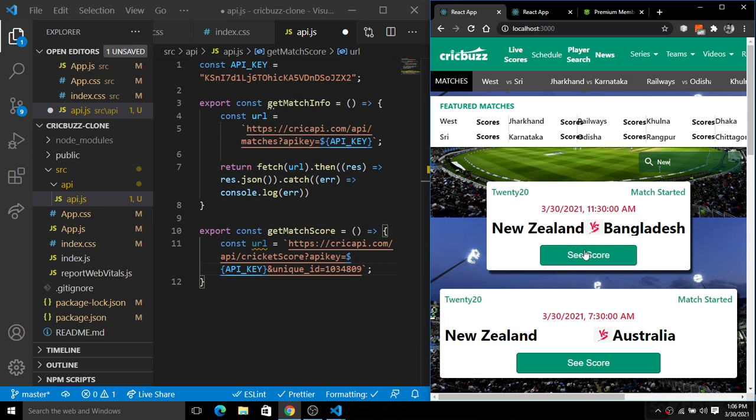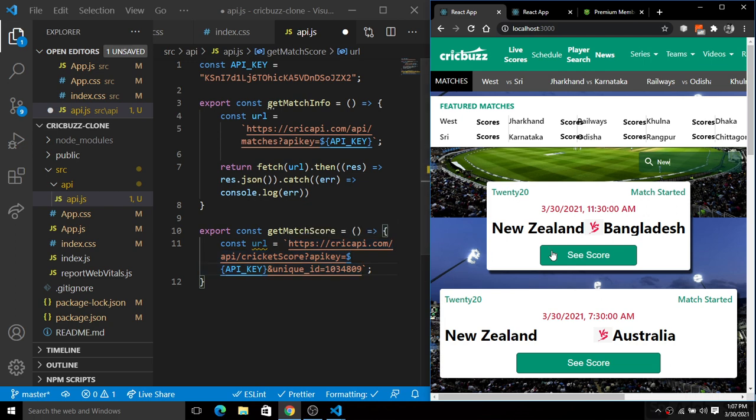This C score will pass the match unique ID to this particular endpoint, and that unique ID will act as a parameter there, and it will generate the JSON type data for that particular match.